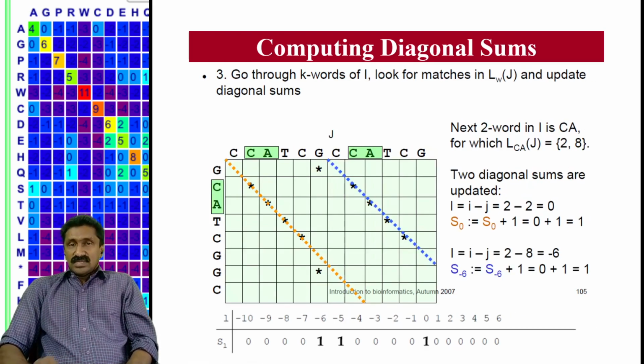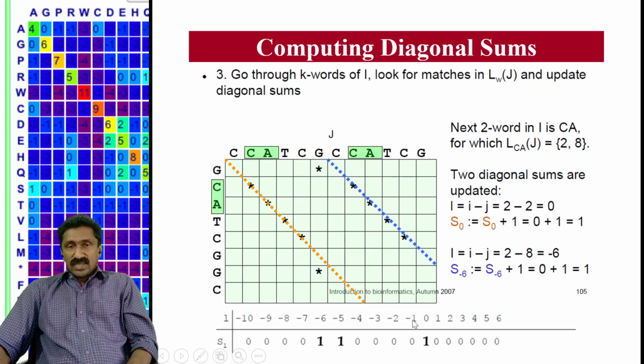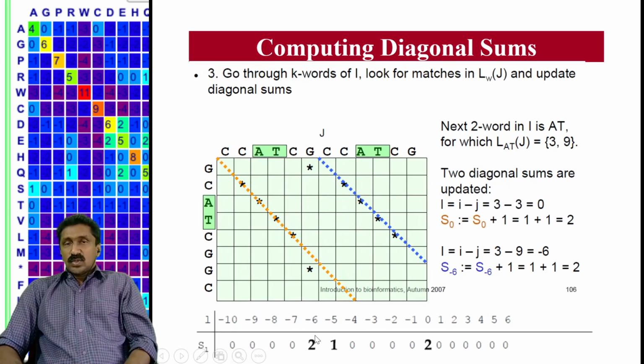Okay. Now in the second case you will see the next word. The second word, that is CA, is matching at 2 positions. So that is calculated by this one. For example, this is the second word, so 2 minus 2. 2 minus 2 is 0. So yes, 0. At the 0 position you will add 1. And this CA is again matching at this position, and this is the 8th position. Okay. So 2 minus 8 you will get minus 6. So at the minus 6 position you will again add 1. Okay. So this process goes on.